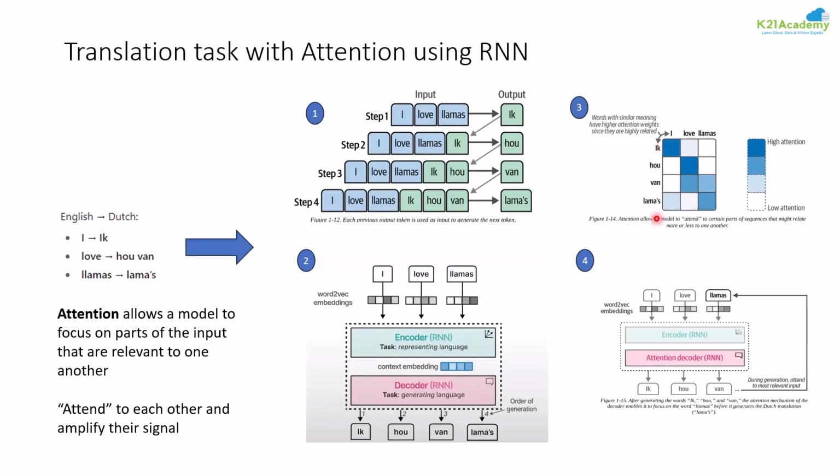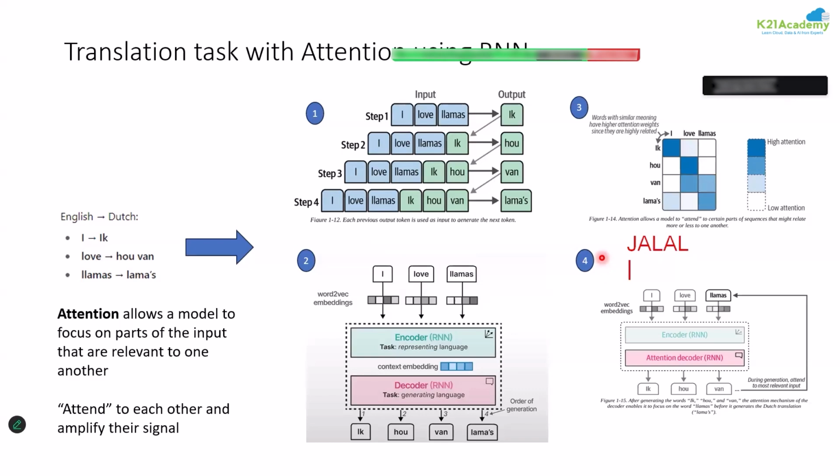I'm trying to draw a matrix wherein I have "I love llamas." And suppose I already know ik, wie, liebe, Lamas. Suppose this model has already seen these, then only the model can translate, right? Just to assume, suppose these are the words, and there are many other words also. Maybe there is a word called Jalal also. Let me put it. So there is another word here in the German dictionary. Maybe Jalal is there, maybe Atul is there. Suppose these words are also there. Assume these 6 words are available at the time of translation of "I love llamas" to German.